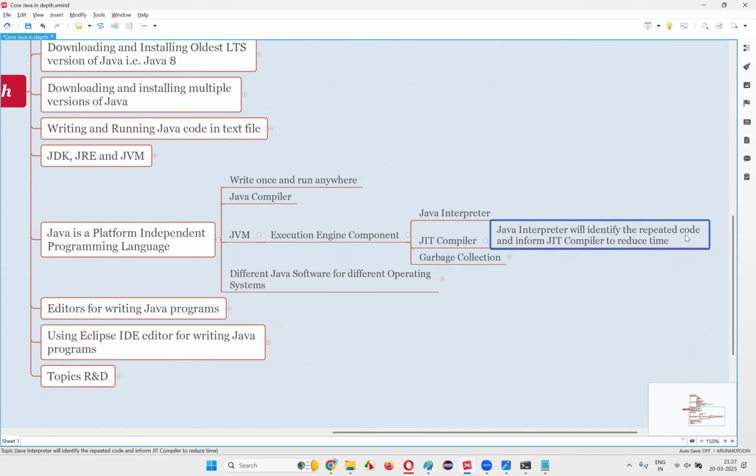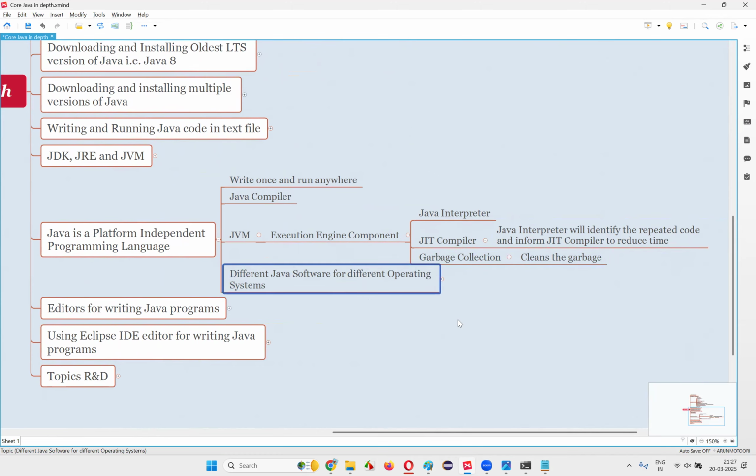The Java interpreter will identify repeated code and some blocks of code, and convert them into machine level code immediately and faster, to reduce the time. And garbage collection, as I mentioned, cleans the garbage at a later point of time in the code. So these are the reasons, guys, and finally, you see, when you install Java software